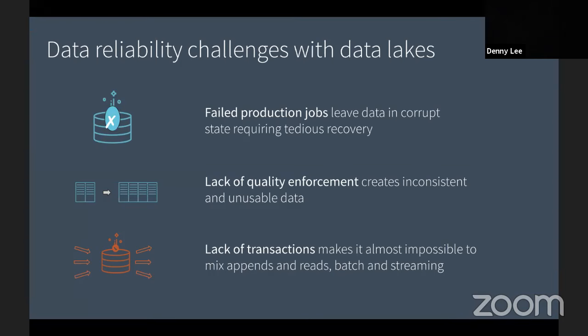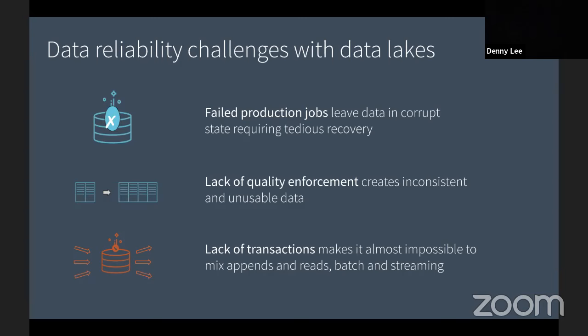Okay, so there's a lack of quality enforcement, which means there's inconsistent and unusable data. That quality enforcement could be something as simple as your schema. In other words, there's an additional column noted inside the source data, because the source data had an extra comma, not because of corruption, but perhaps because there was text with a comma in it, and the code base never understood it. So it's adding an additional column to the data, thereby putting incorrect data in the wrong format. So when you read it, you're reading the wrong thing.